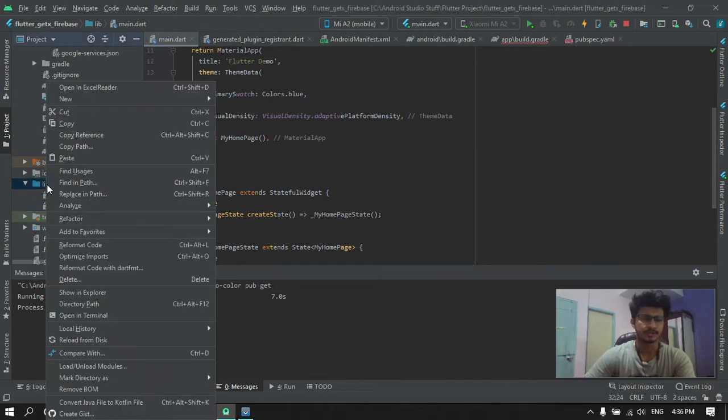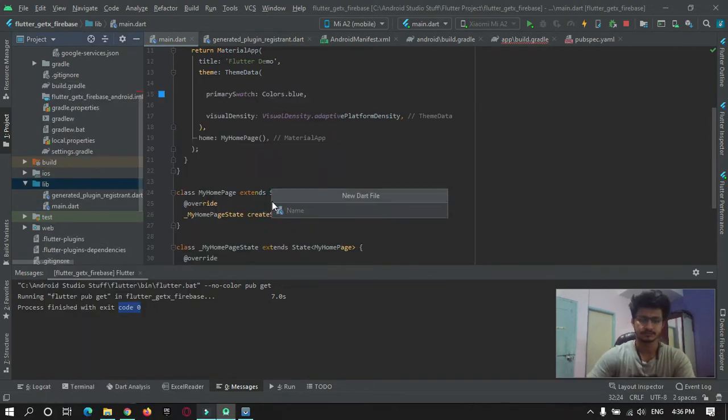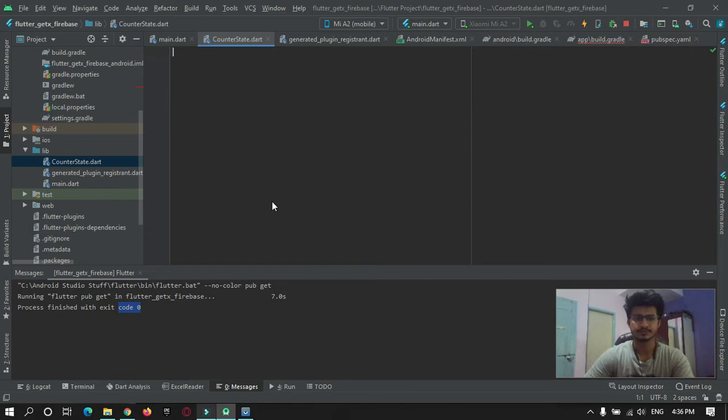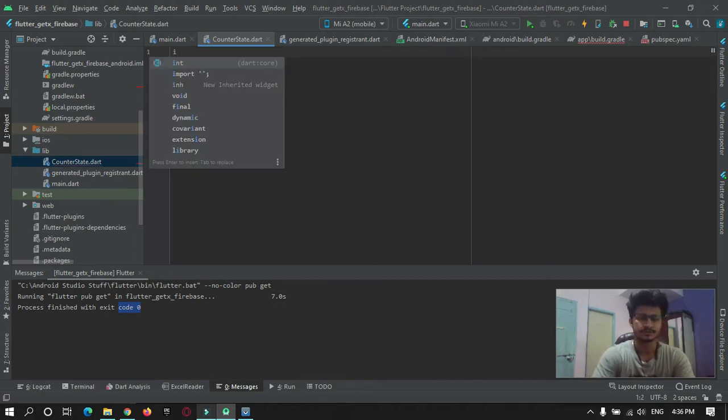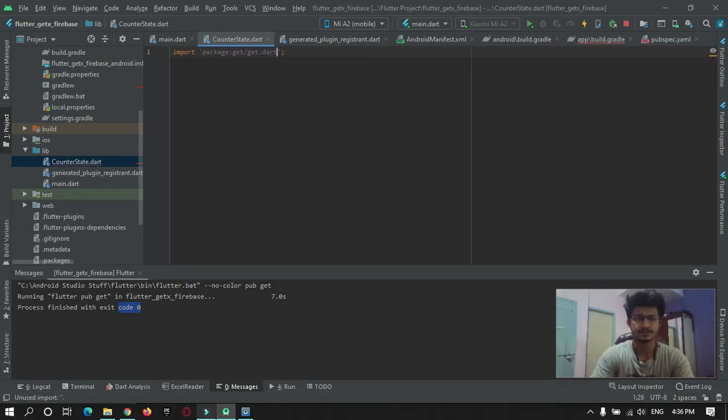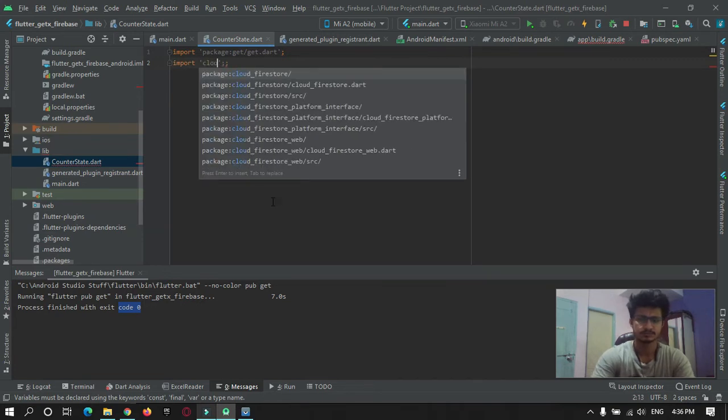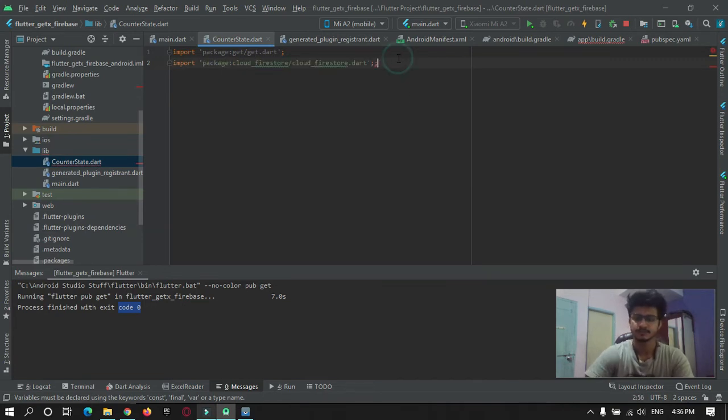Now create a new dart file, named counter state. This class will help you to auto detect any changes that happen in the Firebase server. Here import, first thing is get, and second cloud Firestore.